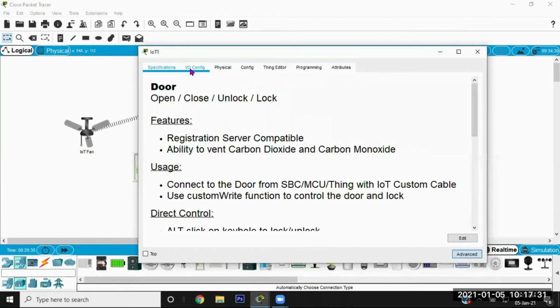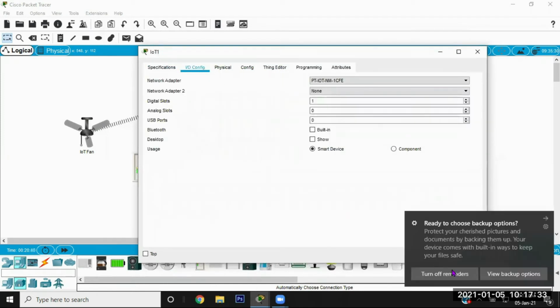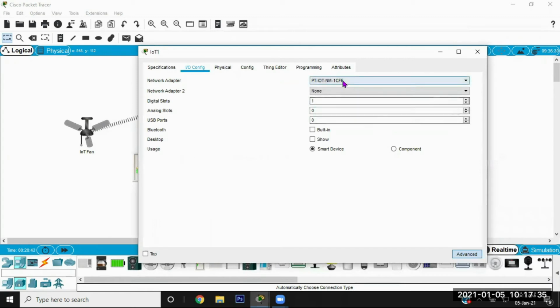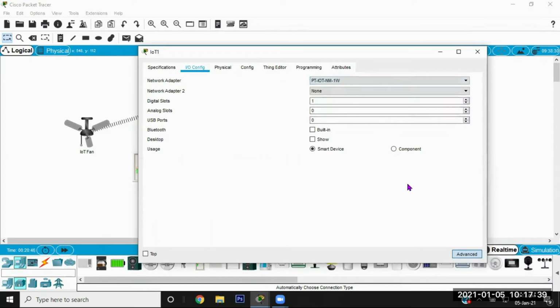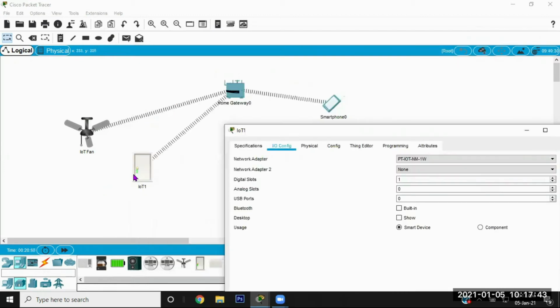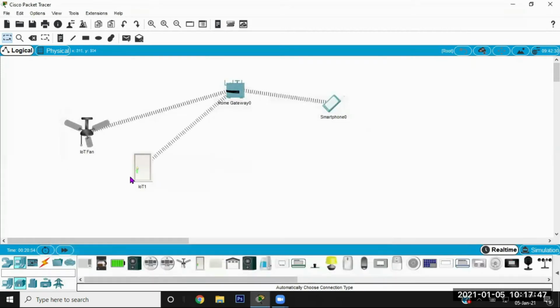So I need to go to advanced IoT configuration and I need to select PT IoT NM1W. Okay. So after selecting this, my IoT enabled gate, or IoT enabled door, is now connected with home gateway.